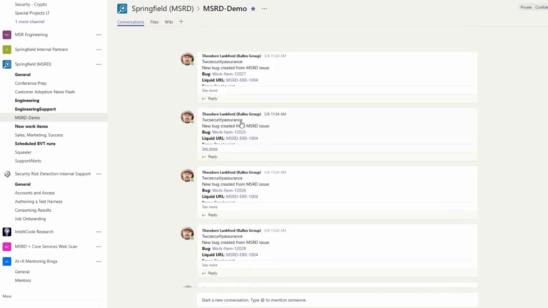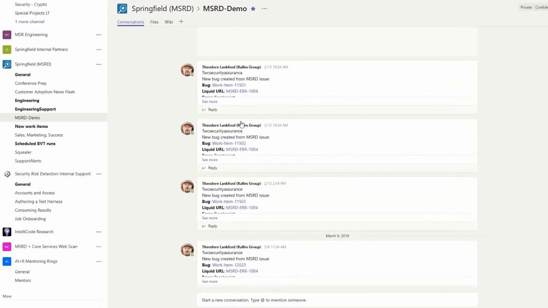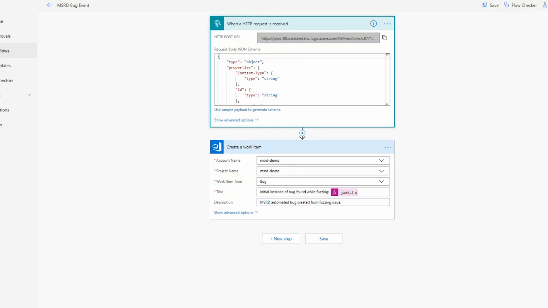Now, how does that happen? Well, that happens because I have actually used what we call a system of webhooks in order to set up actions whenever new issues are found for Microsoft Security Risk Detection. These webhooks are using something called Microsoft Flows. This is a product from Microsoft. It's also called Azure Logic Apps. And I get a URL here,